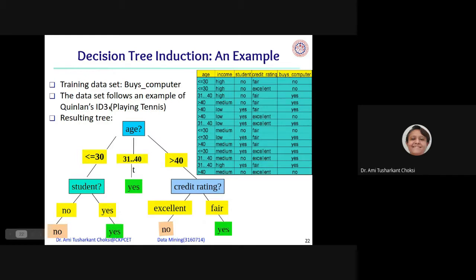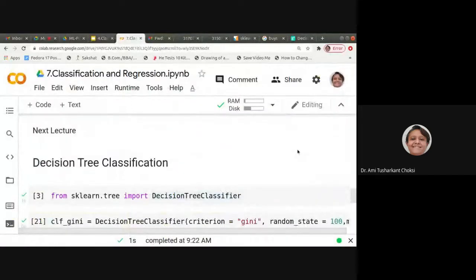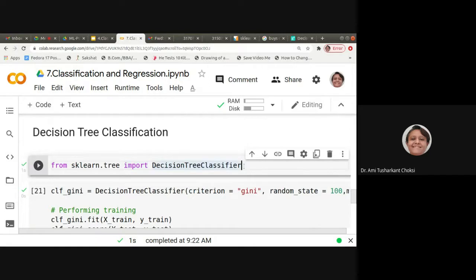So this is the decision tree, which gives us the information about whether the person will buy computer or not. This is one example. Whatever the data set is, with the decision tree algorithm, we'll have such a tree available. With that, we'll be able to predict for unknown values. So that is the basic of decision tree classification.